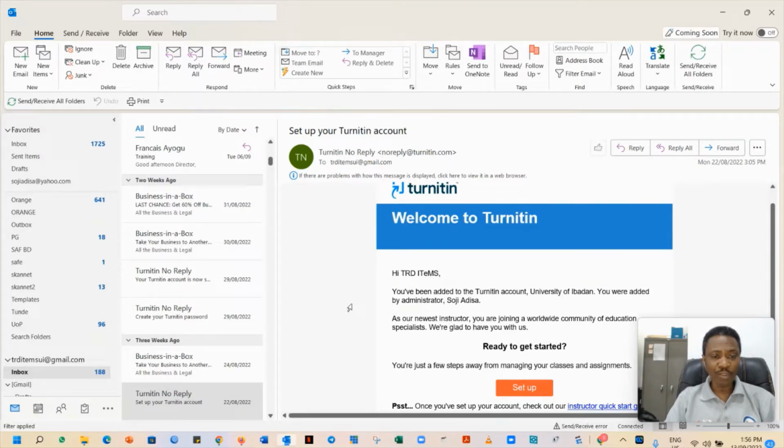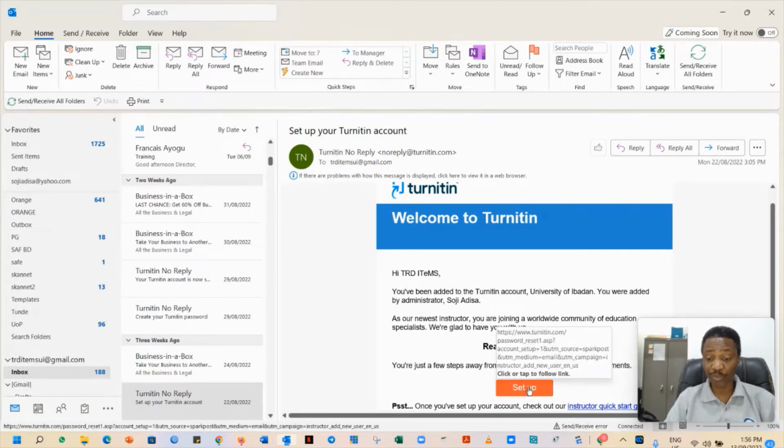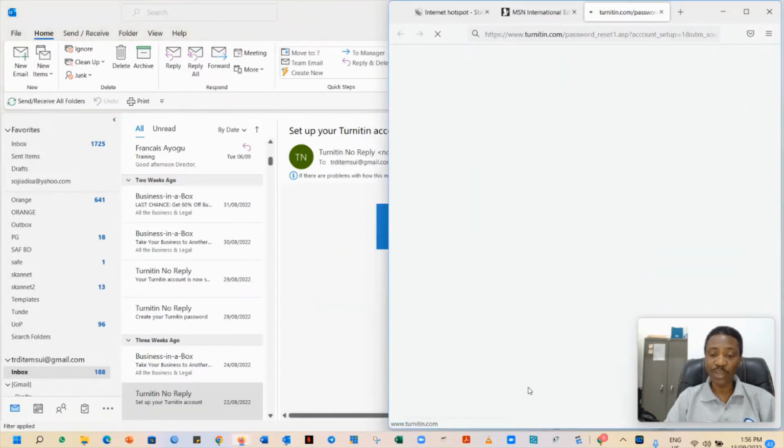I'm using Microsoft Outlook as my email client, and I have a mail, set up your Turnitin account, that was sent to me because a profile has been created for me. So now let's see how to set up. I just want you to follow me. You just click on setup on the mail you receive, just like I have received this one. And when you do that,